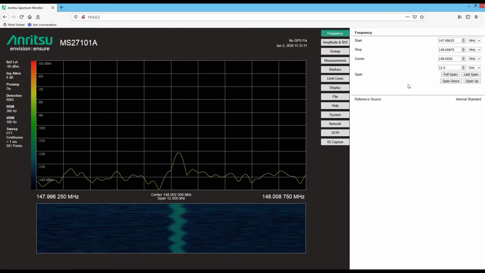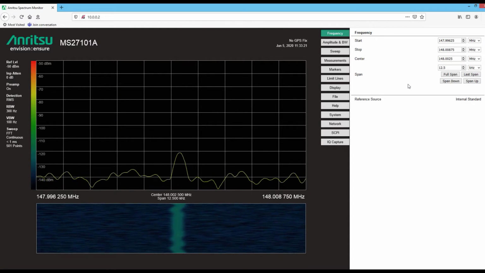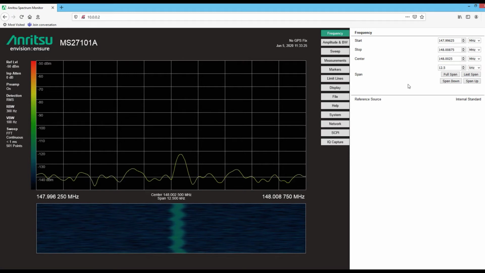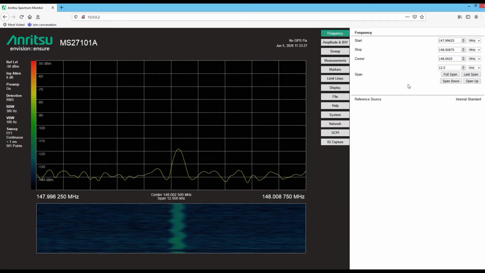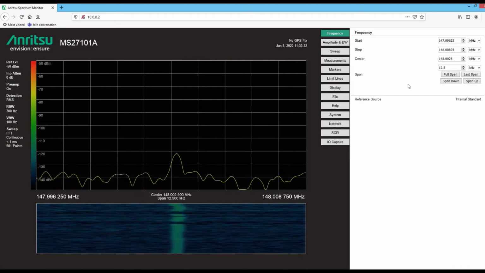Notice it shifts back and forth quite a bit. I'm not sure where that signal is coming from. It's just outside the ham band, the 2-meter ham band, into what Civil Air Patrol uses. And while I have the antenna hooked up, just for the heck of it, I want to go back